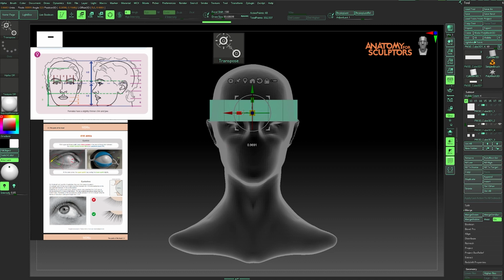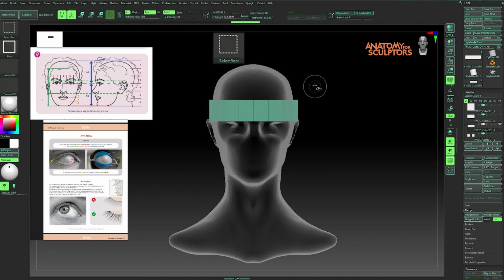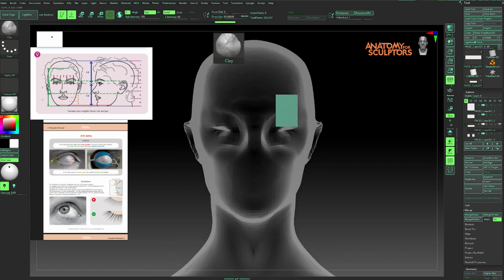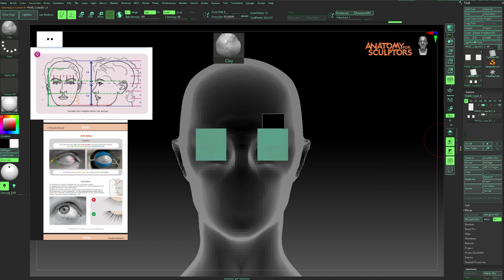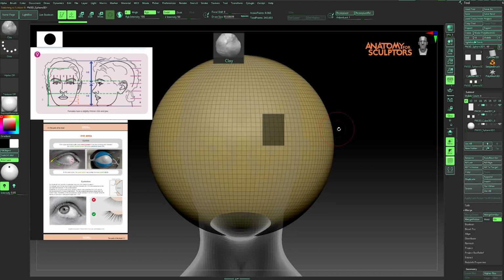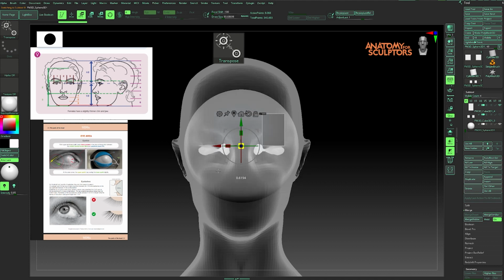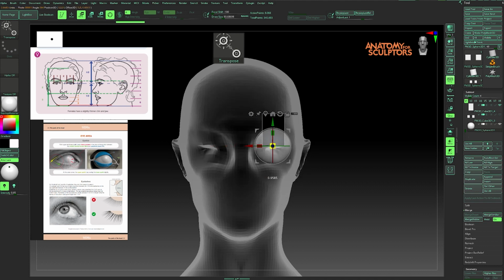If you scale it exactly at the head size, our eyes will be a little bit small. So make the row just a little bit larger than the head width. After you scale it, delete every segment except 1. It's the size of our eyeball, and we keep this segment. Then add a sphere, and in the front view with the perspective off and transparency on, resize the sphere so that it fits into the segment we've created just now.